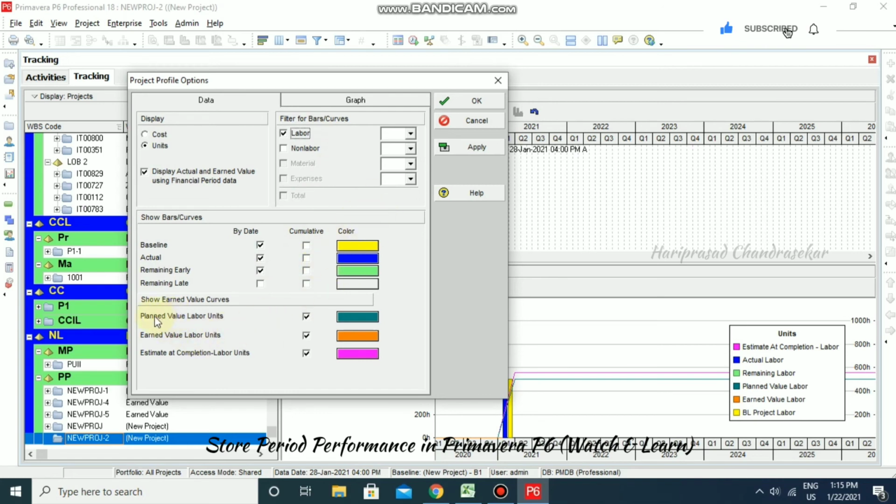So here we can select planned value cost, planned value labor unit, earned value labor unit, estimated completion labor unit, and everything. And I'm just unchecking it and I'm checking everything else. I'm just going for actual and I'm just going to apply.